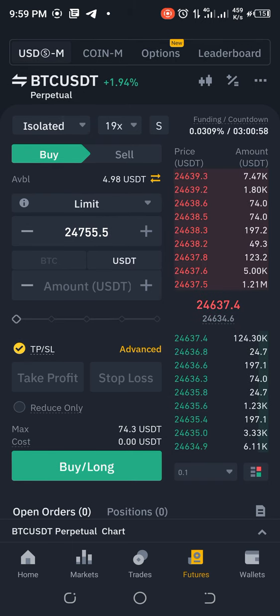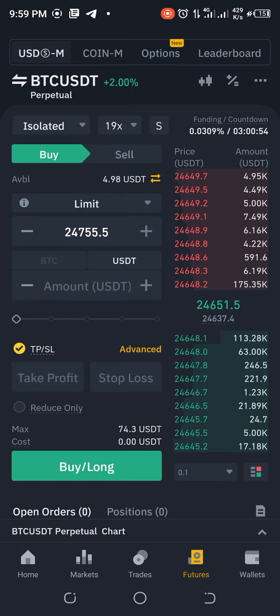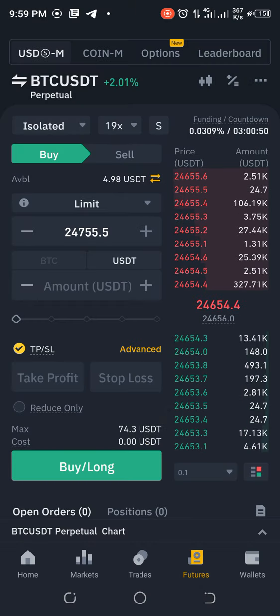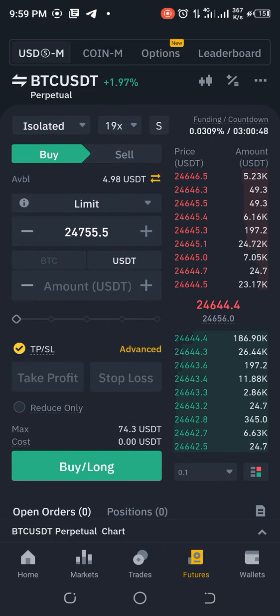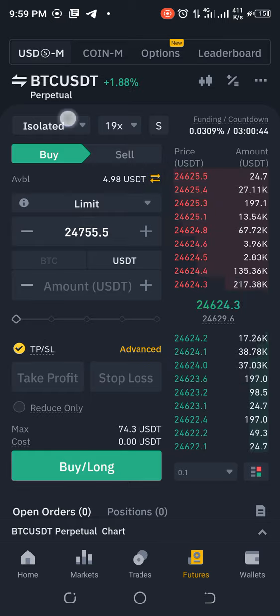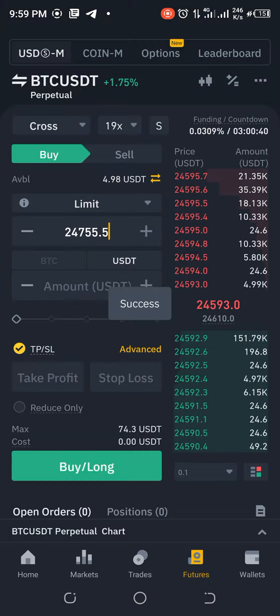From here, isolated. What isolated means is we have two options. Isolated means that whenever you are trading, you want to tell Binance that it should only use funds from your available balance here on your futures account. You get? But when you use cross and click on confirm, then when you are trading, let's say you